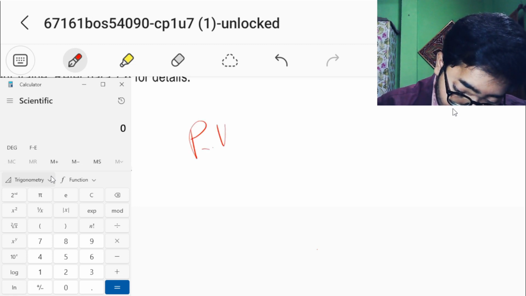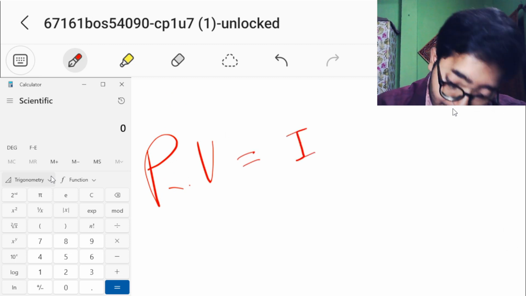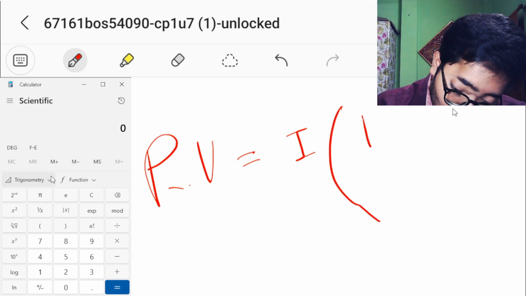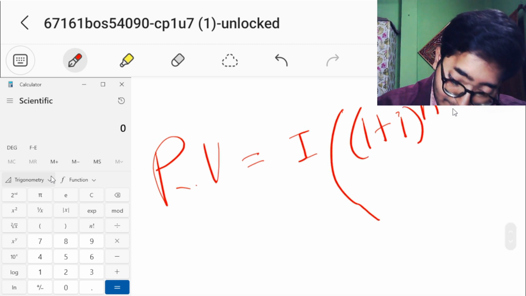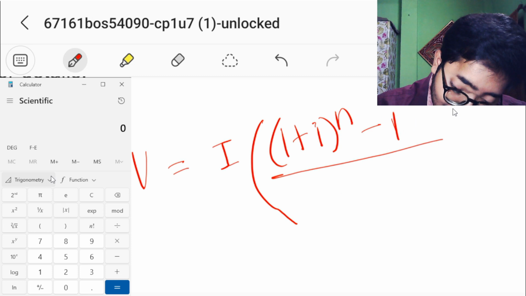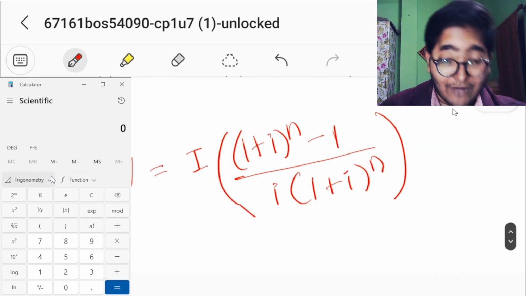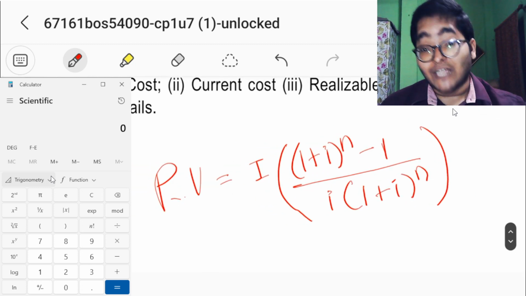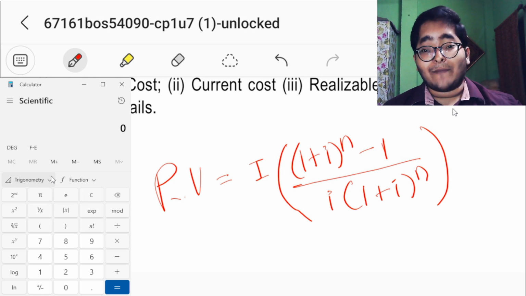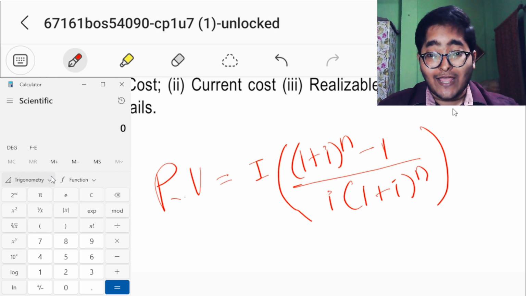प्रेजेंट वैल्यू इक्वल्स टू द इनकम और कैश इनफ्लो multiplied by (1 plus i) to the power n minus 1 divided by i into (1 plus i) to the power n। ये है फॉर्मूला प्रेजेंट वैल्यू कैलकुलेट करने के लिए। हम सबको पता है, शायद अगर आपने नहीं किया है आप उस चैप्टर से रेफरेंस ले लीजिएगा इस कैलकुलेशन का, मगर ये जो एक्सप्लेनेशन है वो आप कंटिन्यू कर सकते हैं।